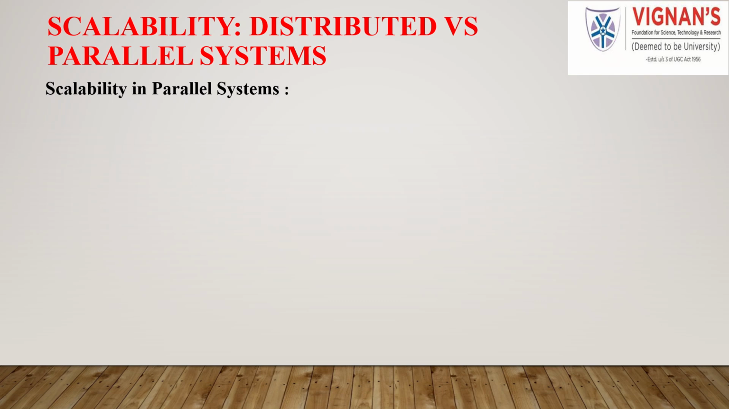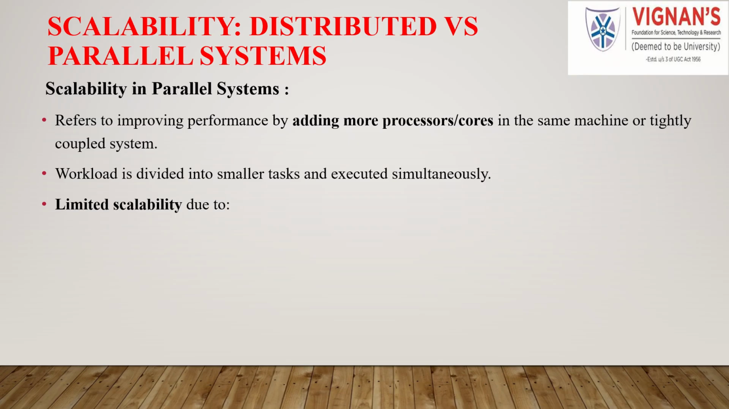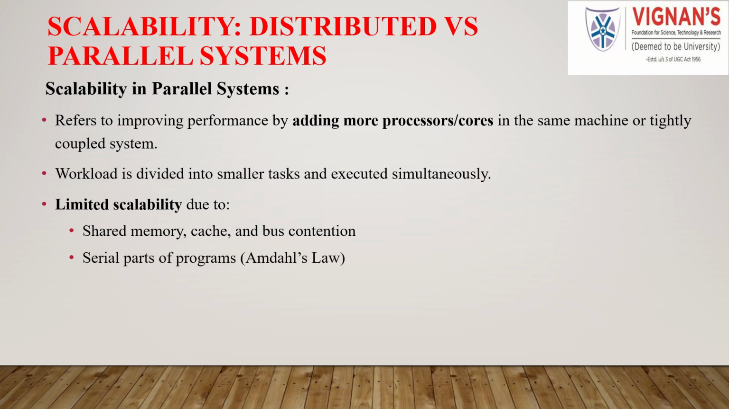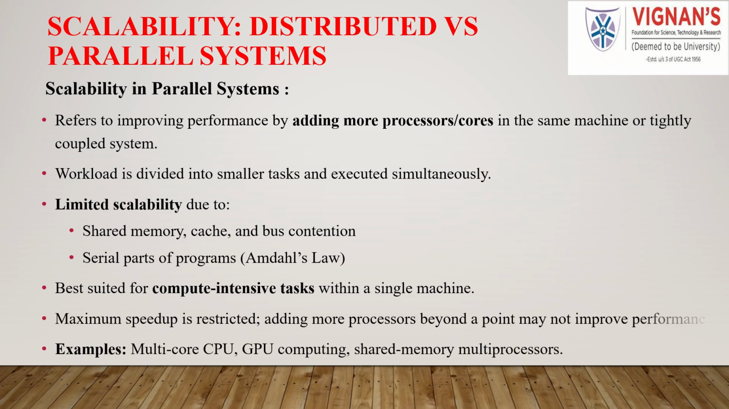Scalability in parallel systems is all about improving performance by adding more processors or cores within the same machine or a tightly connected system. In this setup, the workload is split into smaller tasks, which can be executed at the same time. However, scalability is limited because the processors share memory, cache, and buses, which can create bottlenecks. Also, the serial portions of programs, as explained by Amdahl's law, restrict how much speedup can be achieved. Parallel systems are best suited for compute-intensive tasks that run within a single machine. It's important to note that maximum speedup is restricted, and adding more processors beyond a certain point may not improve